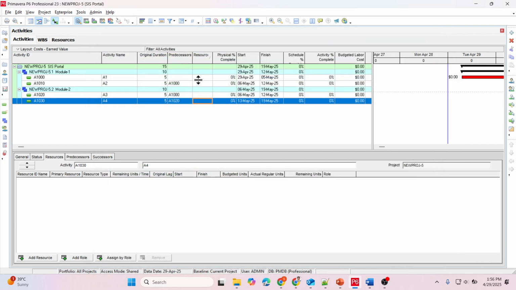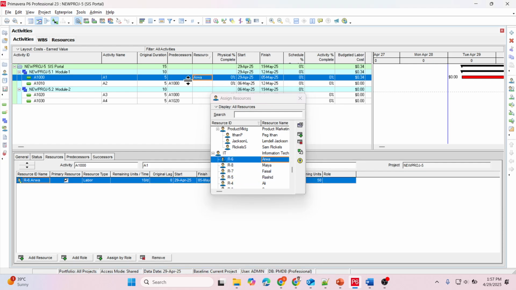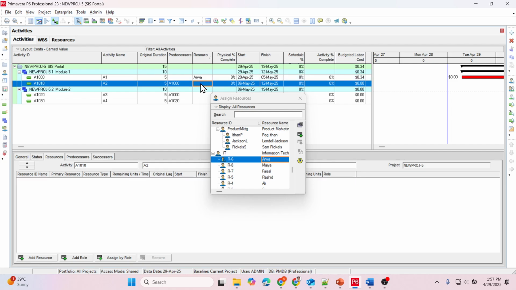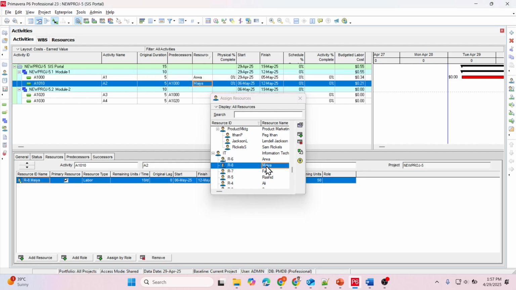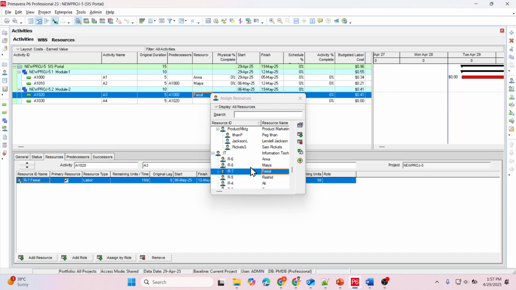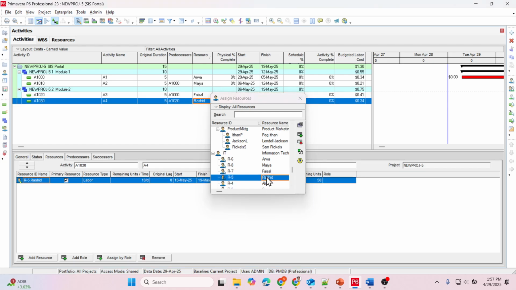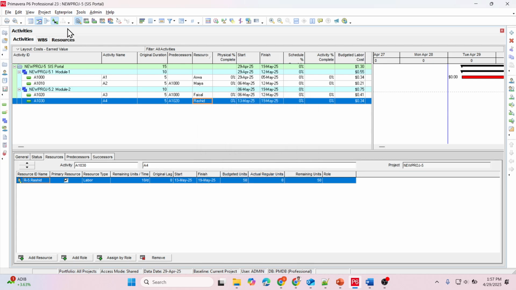Right, so now who will do this task? I will assign it as Arva. Double click. Okay, next task Maya. Okay, next task Faisal. The next task is Rashid. Right, so we have assigned the resources. Refresh